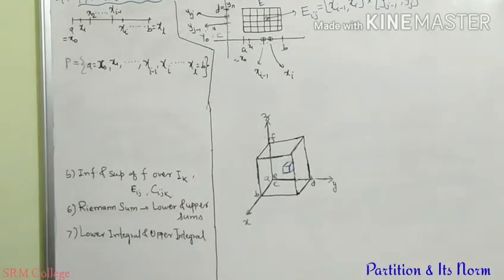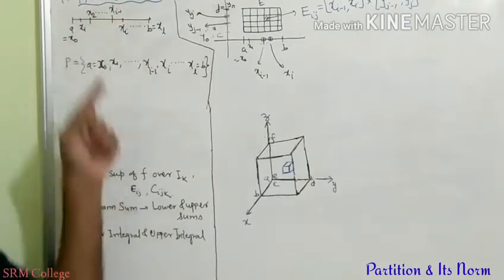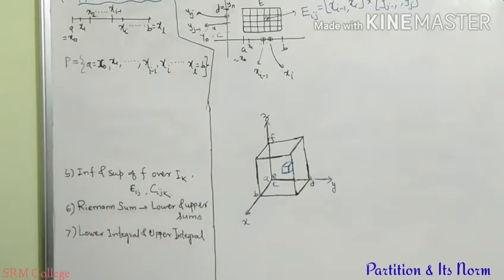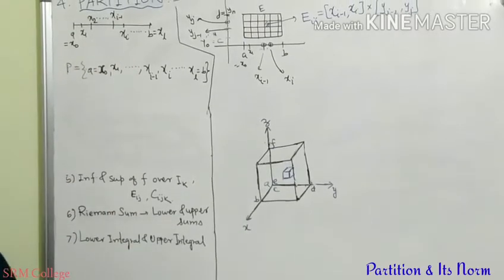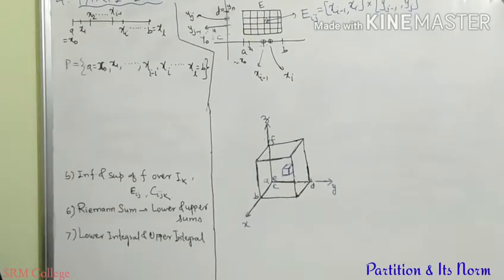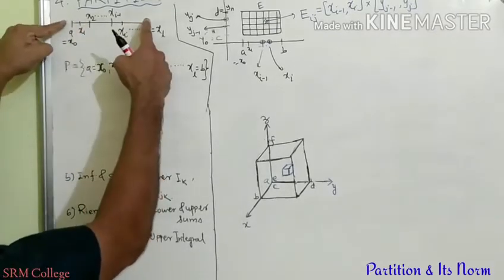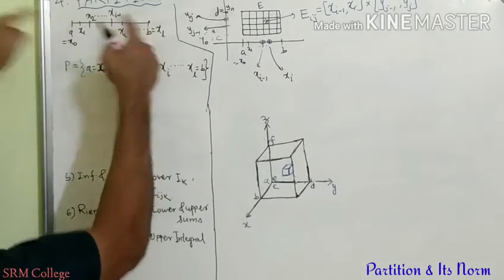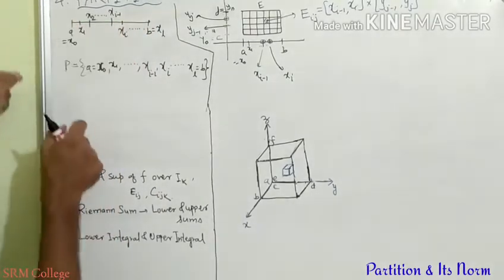So to define the integral, the next thing we require is to partition the domain. In the Riemann integral of a function of one variable, you have seen how to partition a closed interval AB. So if you have a closed interval AB, then to partition this line segment, what we